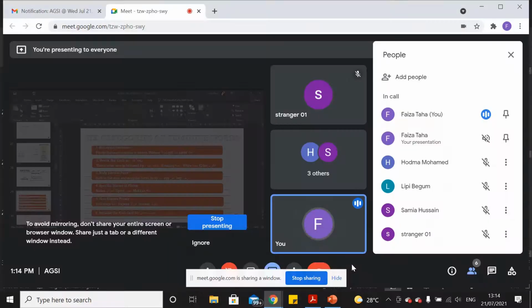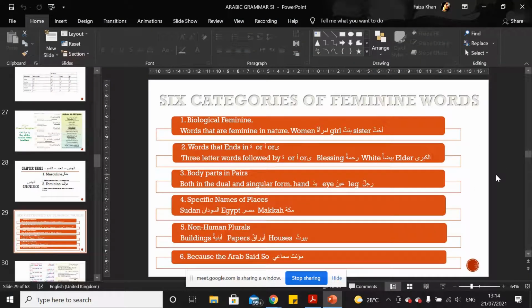So I'm revising. In Arabic grammar, all isms are considered masculine unless they fall into these six categories. If they are among one of these six categories, they are considered feminine. The six categories are: biological feminine, words that end in ta marbuta, alif hamza or ya maksura, body parts in pairs,